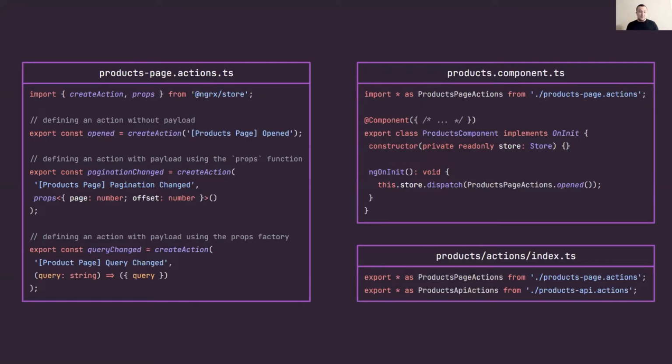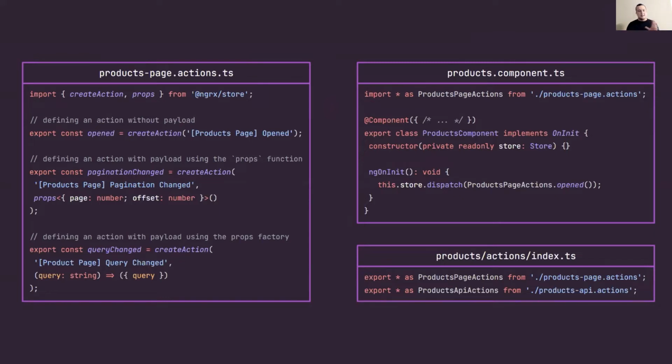If we forget to change action type, we will have two actions with the same type, which will introduce potential bugs in our system. But luckily, in development mode, NgRx will throw an error when we try to define two actions with the same type. But it will be much better to get this error at compile time instead of runtime, right?